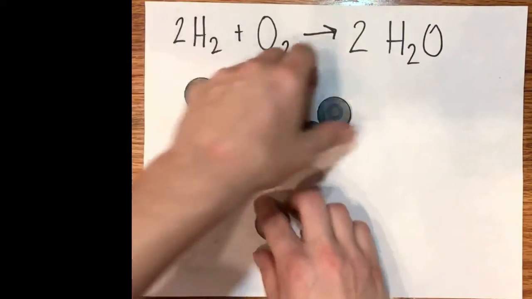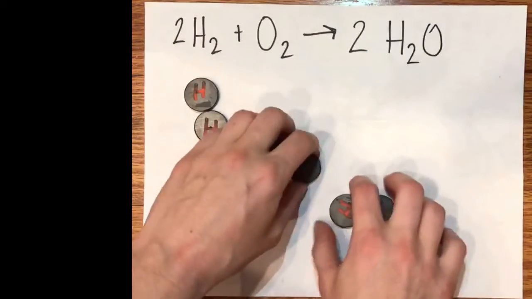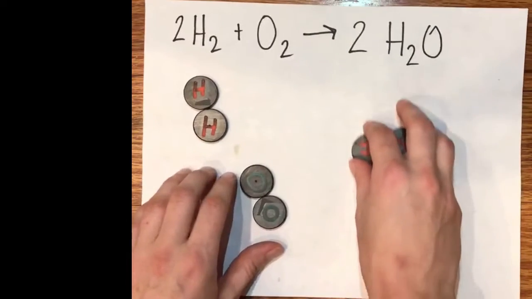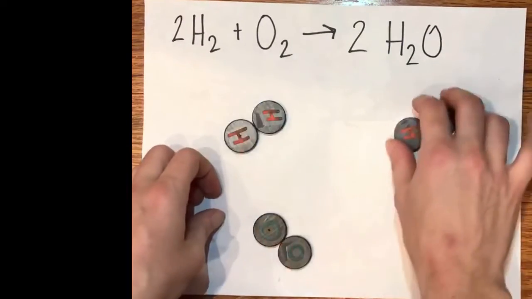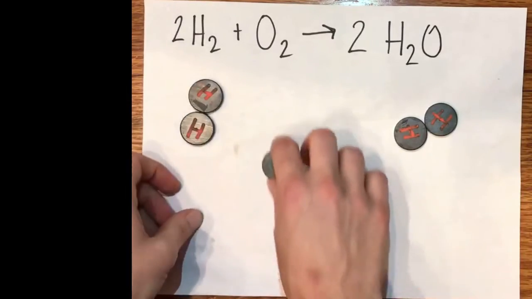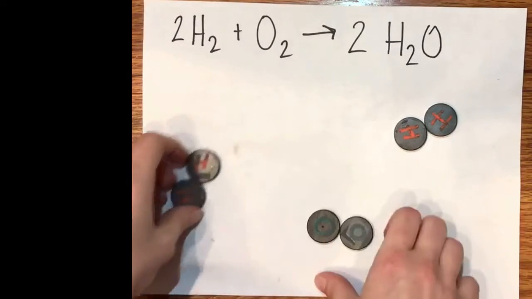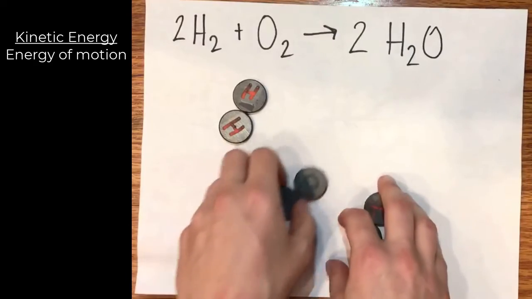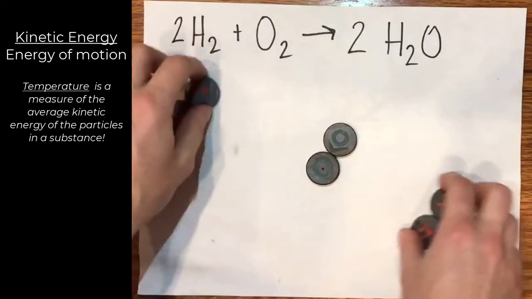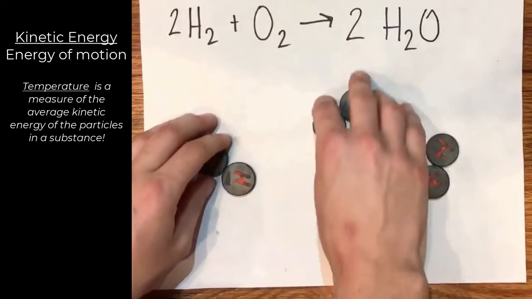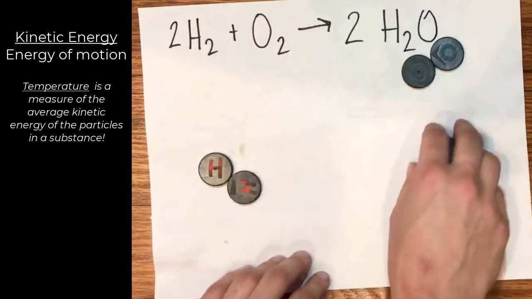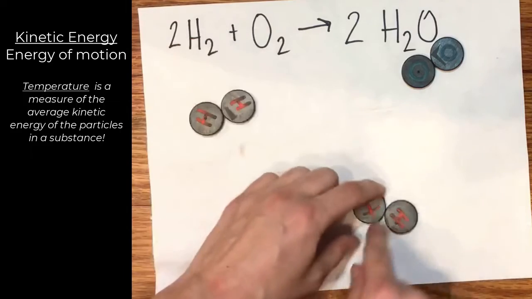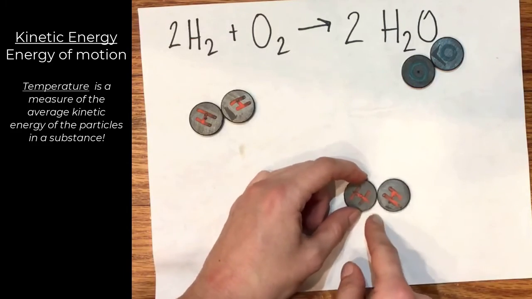So these 3 molecules are moving around. They're moving because they have a specific type of energy. Do you remember what the name of the energy that describes movement is? So they're moving because they have kinetic energy. And in reality, if these were gases, they would be moving very quickly and randomly all over the place, and they would be moving as molecules. So these two O atoms would be moving together, these two H atoms, and these two H atoms,